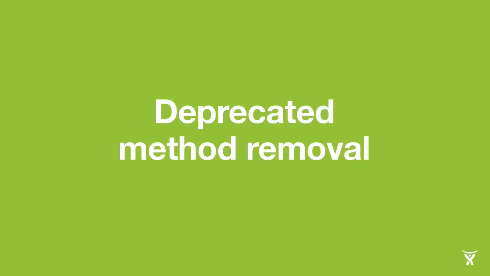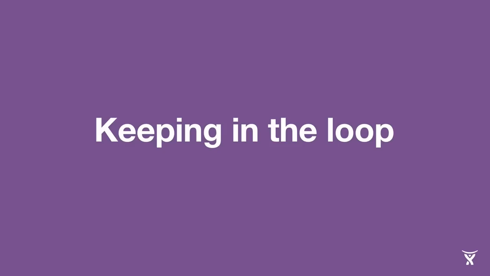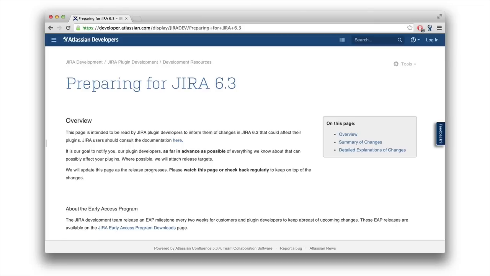Hopefully some of this isn't news, and hopefully you'll get something out of this. So first, there's an excellent preparing for JIRA X page, where X is the next version of JIRA. This is the one for 6.3. We're still preparing the page for 7.0 at the moment to try and work out exactly what we're going to put there. This page will be available for 7.0 as soon as we are ready to publish it. So keep an eye out on developer.atlassian.com for that page, which will outline a summary and detailed links out to details for each of the changes that we're going to make.